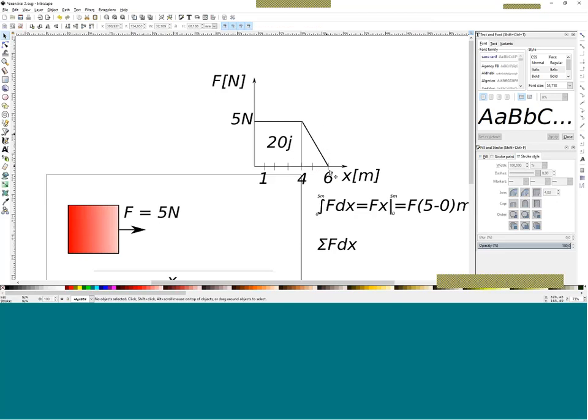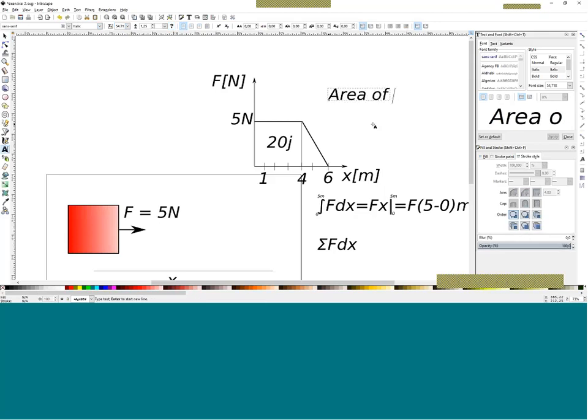This clearly is constant force applied. The force is varying. You have to look at this as a decreasing force over the distance. The way you can do this is either integration, where we realize that the gradient is such and such, a triangle, and find the area underneath it. Or we simply say we're working with a triangle, so you find the area of the triangle.